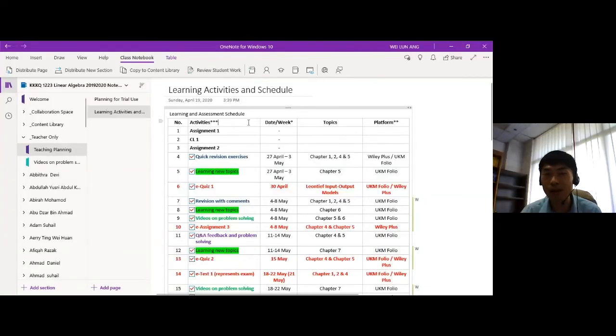Because I think, from my opinion, it doesn't matter where I put the activities or the topics, but in my view the learning activities are more important. So I put them at the front here. I agree, because the activities will decide the way we deliver the contents. So that's why I put the activities at the front as a reminder for myself that I need to have a quick revision exercise, learning, deliver a new topic, to have a quiz here, and the particular topics will be at the corresponding end here.